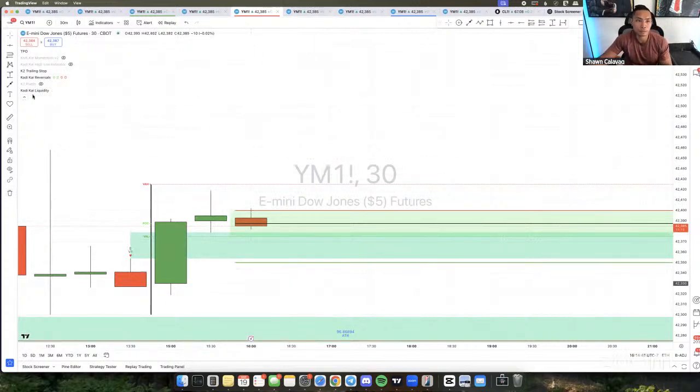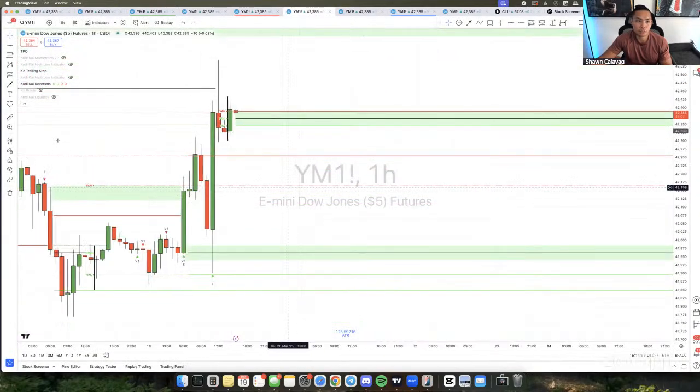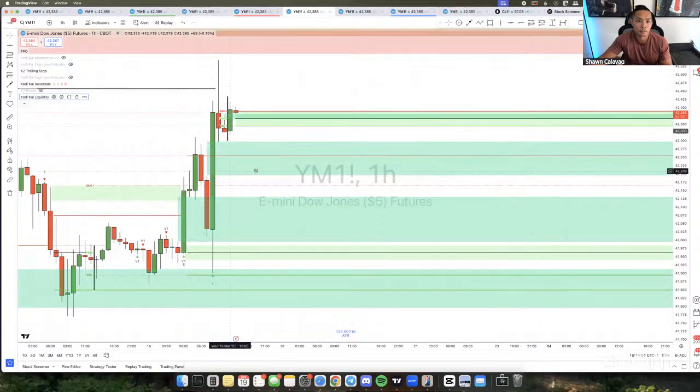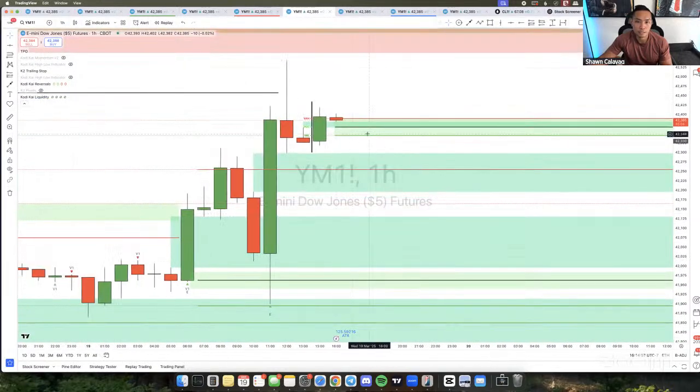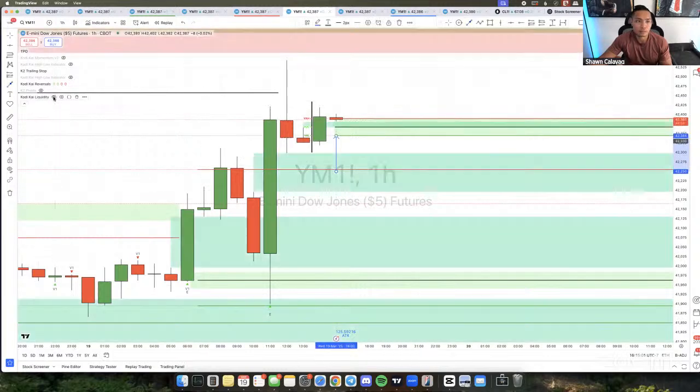Same thing with the 1 hour. So if you go on the 1 hour, same thing. I would just leave it at chart. And then same thing right here, right? So see how the liquidity zone is right here, this bright green box. It lines up with the point of control, right? This black line right here. So what I would look for is I would look for it to bounce off that point, and then I'd look for some buy entries in this direction from there.